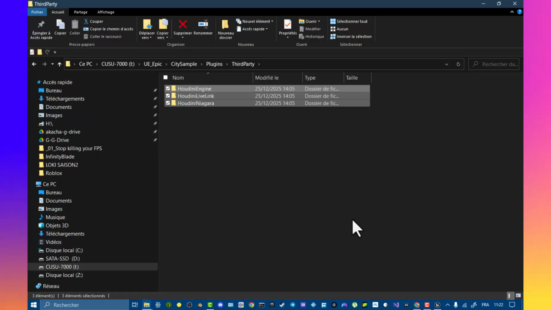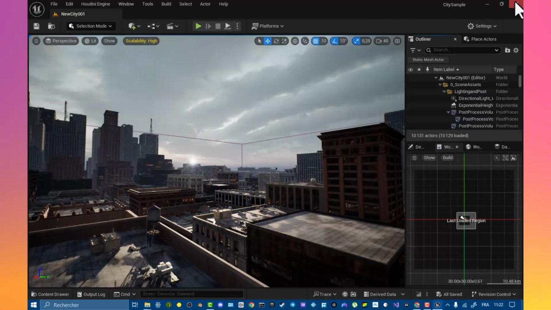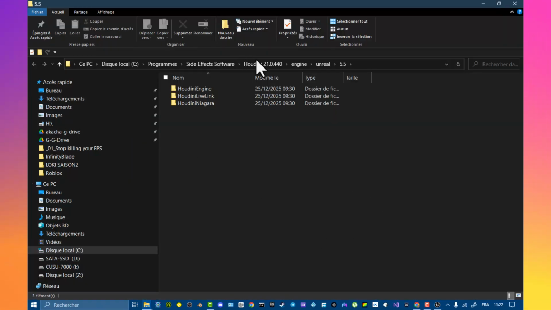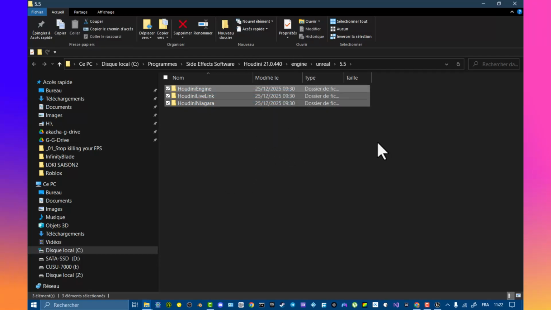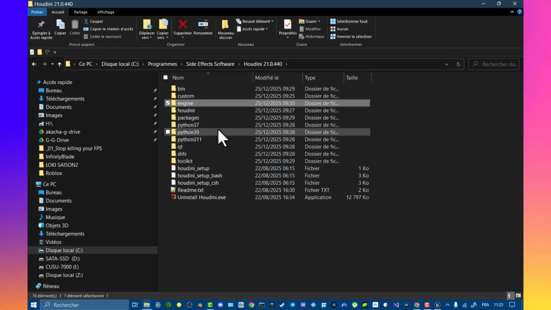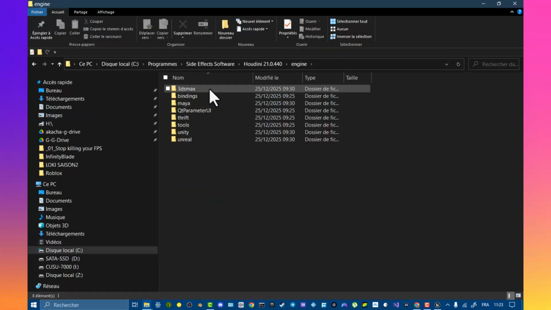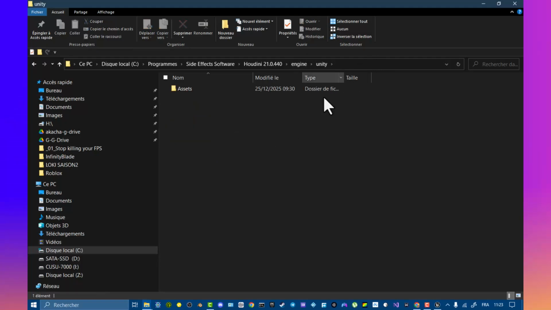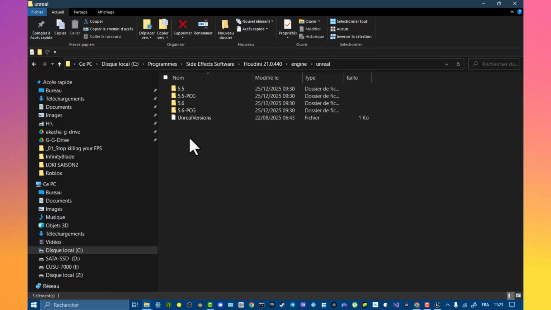You get your Houdini plugin from the folder where you have installed your Houdini. In my case, I have Houdini 21.0.440, and here is the version corresponding to my Unreal Engine version. This is very important because Houdini always ships with plugins for each engine you are using. For example, you have 3ds Max, Maya, and so on and so forth. Obviously, the two main engines also have their plugin. So you have a plugin for Unity if you are a Unity guy, and also